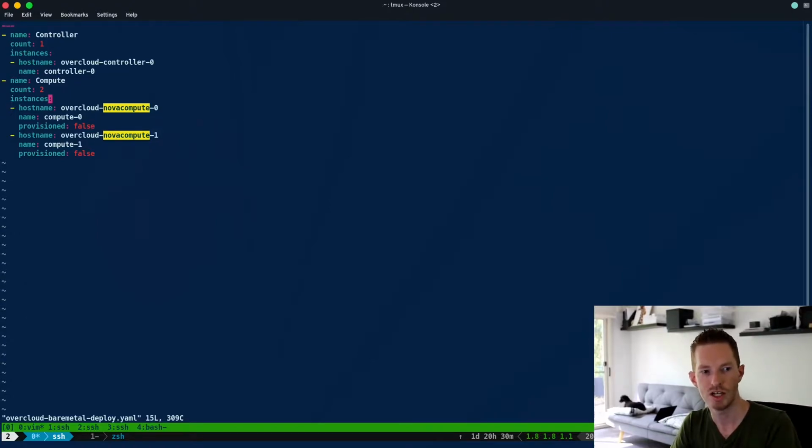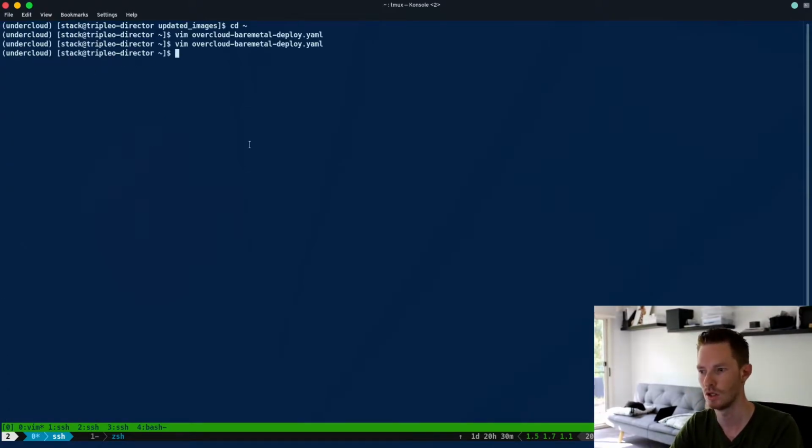So we're going to change this to 0. I'm going to remove all the nodes. I want to unprovision even the extra one I added. So this is the one we'll remove from the overcloud, and we'll unprovision this one. So once we've saved that and we've set the provisioned to false, we just want to run openstack overcloud node